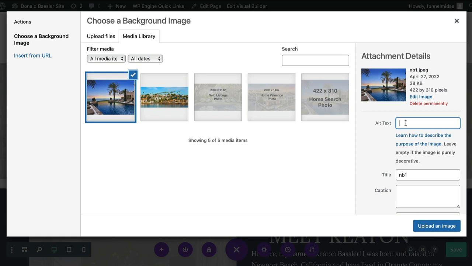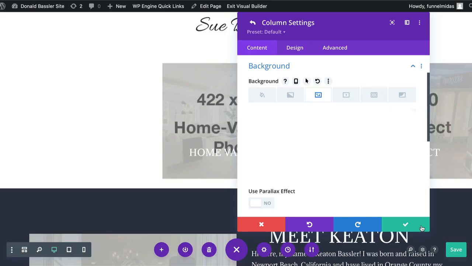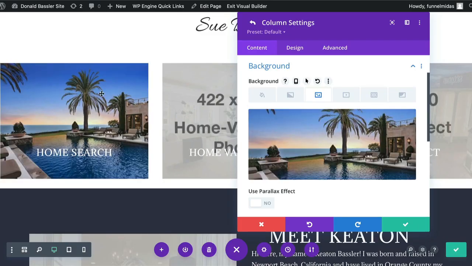Before doing so, make sure that you have this little area here populated with some information that can help your search engine optimization. This alt text represents what one would see if they loaded the website without images. This would be whatever you want to put here. So I would probably put something like home search image. I'm going to go ahead and click on upload an image,